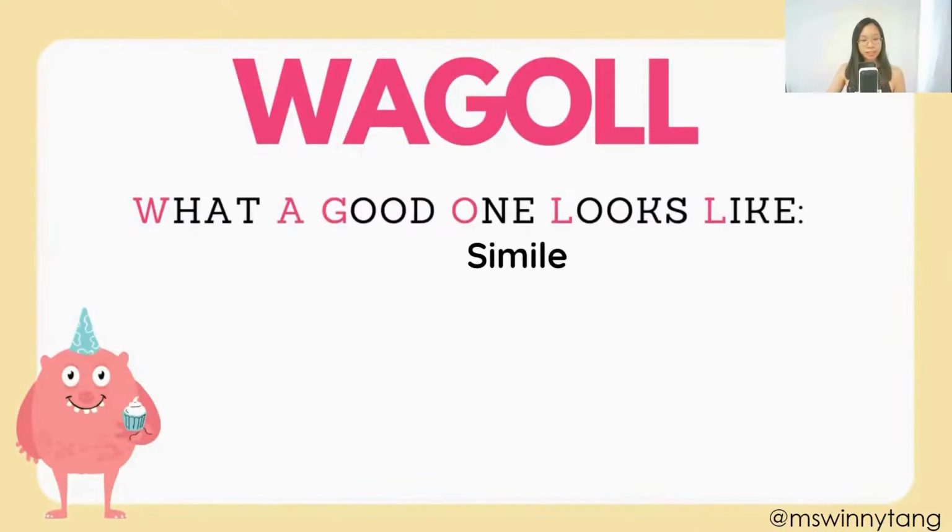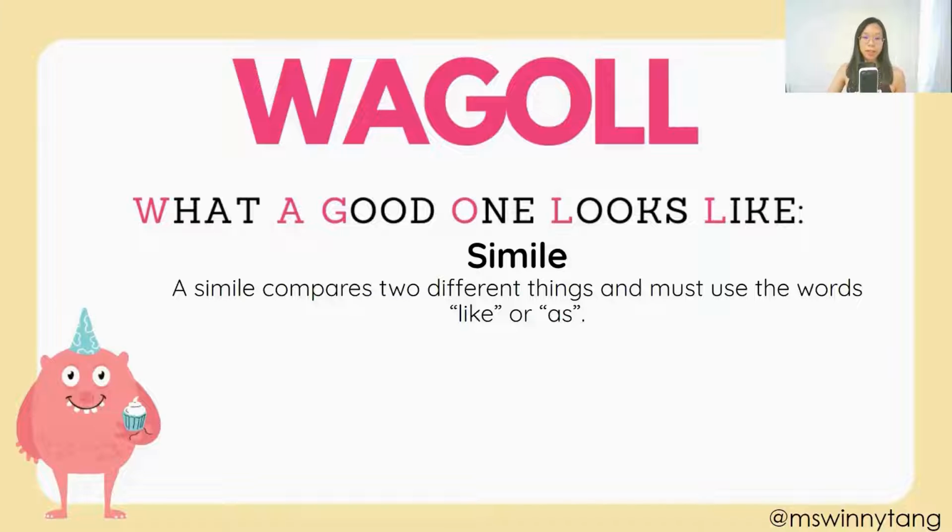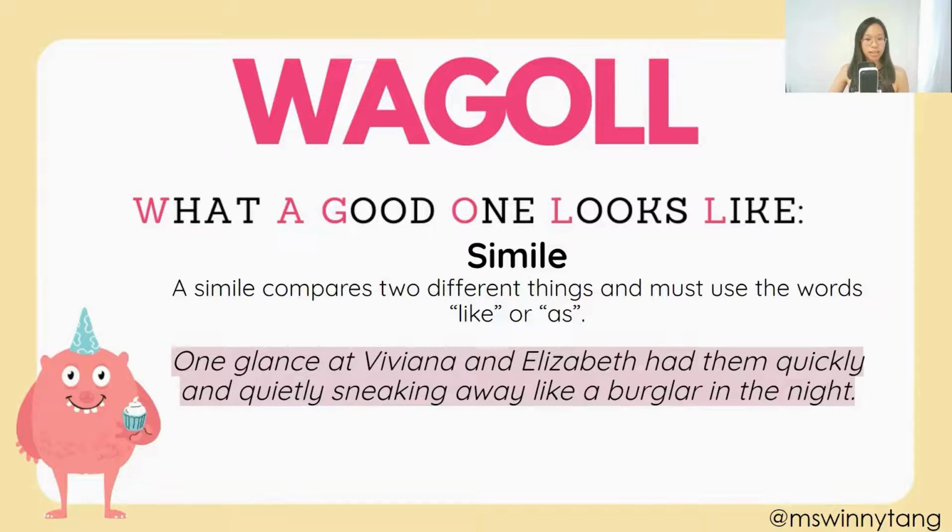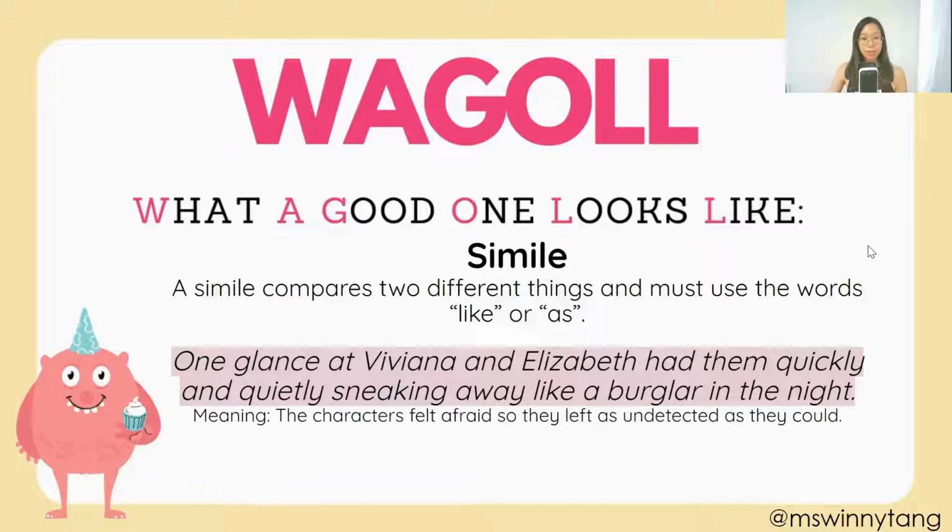You can have similes in your story. A simile compares two different things and they must use the words like or as. For example, one glance at Viviana and Elizabeth had them quickly and quietly sneaking away like a burglar in the night. So the meaning behind this is that characters felt so afraid that they wanted to leave as undetected as